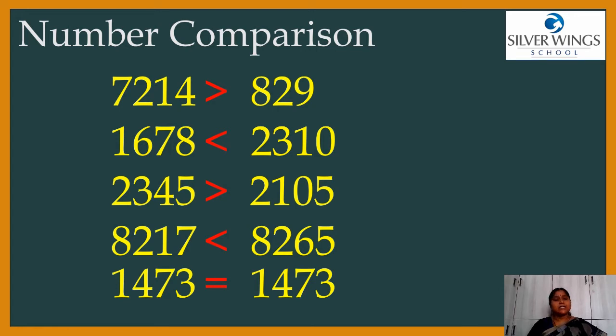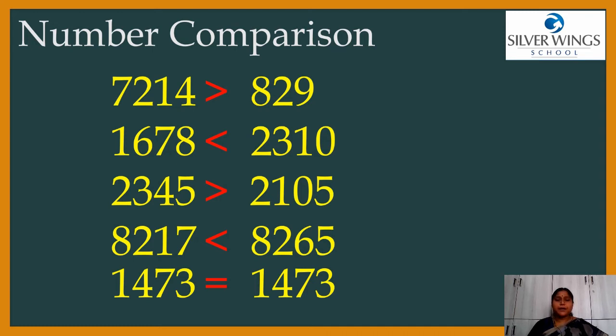Then go to the next higher place. If the numbers are 4-digit numbers, the first digit from your extreme left is the thousands place. If the thousands place is also the same, then you go to the next place, the hundreds place. You should check that hundreds place. If the thousands place is equal and the hundreds place is also equal, then what will you do? Go to tens place. Okay. Now, what is the fourth rule? If the tens place is also equal, then you should go to ones place. Then you should compare the numbers.